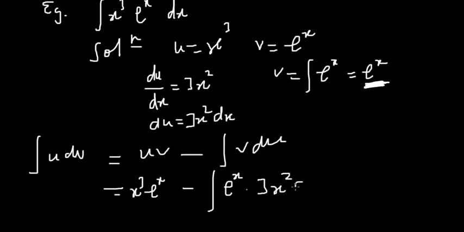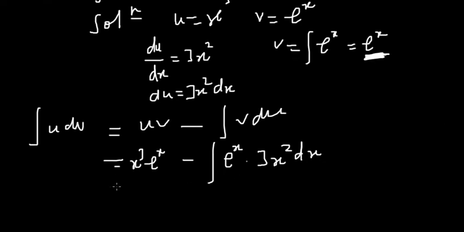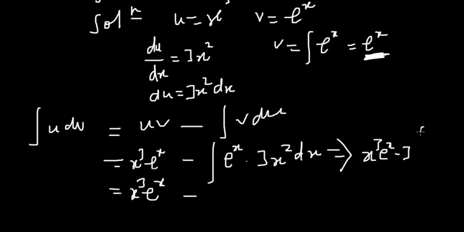3x squared dx. Now from here you could notice that we can just simplify this further. Okay, let me rewrite that. It looks a bit messy. Okay, so we have e exponent x, and then let's integrate this. But you could rewrite this from here. Okay, you could just rewrite this as x exponent 3, e exponent x minus 3 out, okay, and then you keep